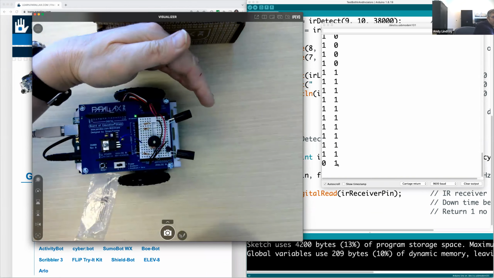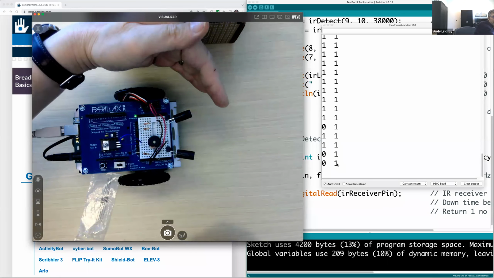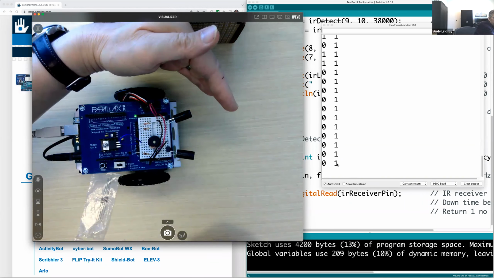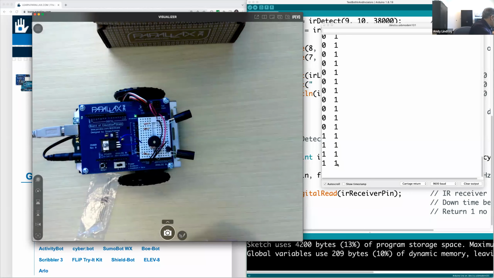Then try that for the left detector. You want the left one to turn to 0 as you have an obstacle in front of it, and then turn back to 1. And then you can also